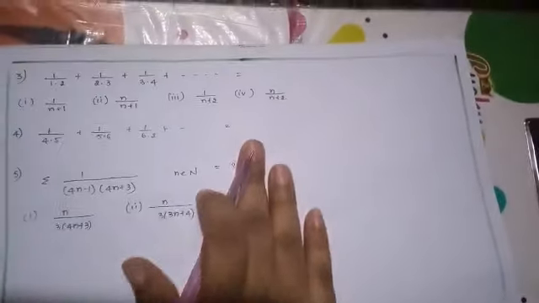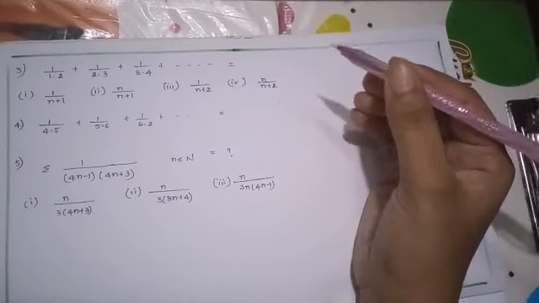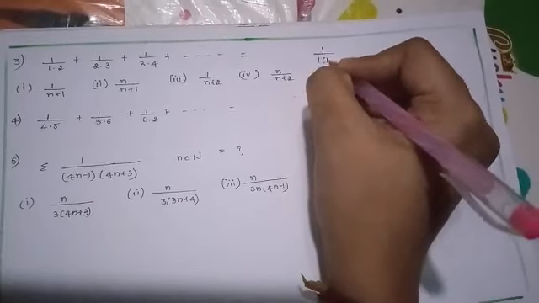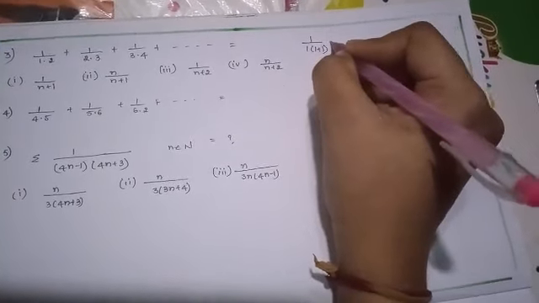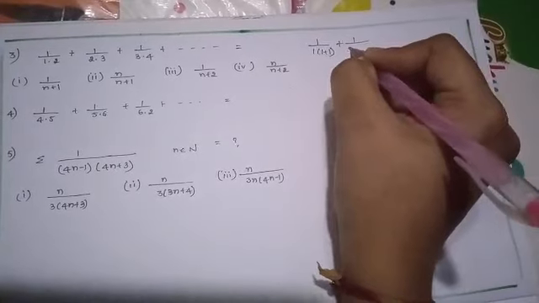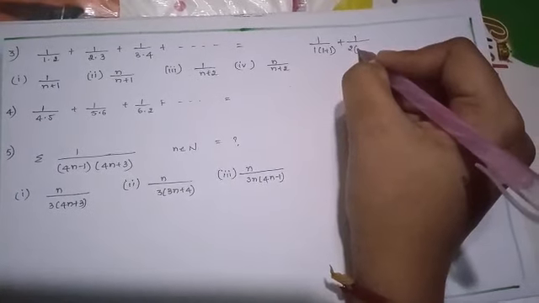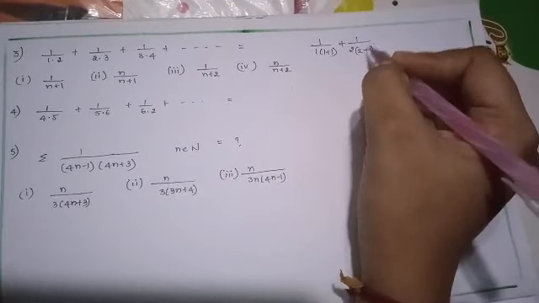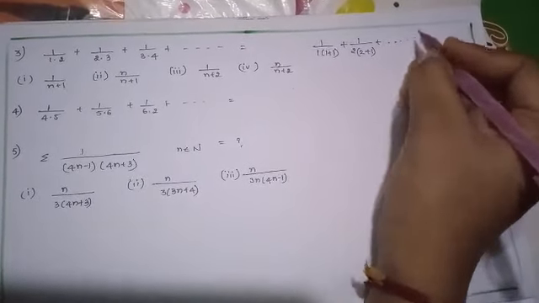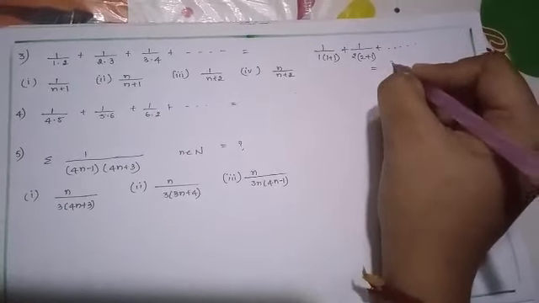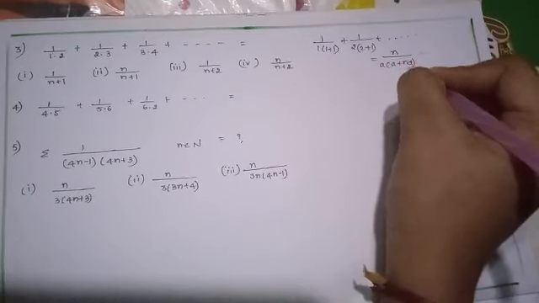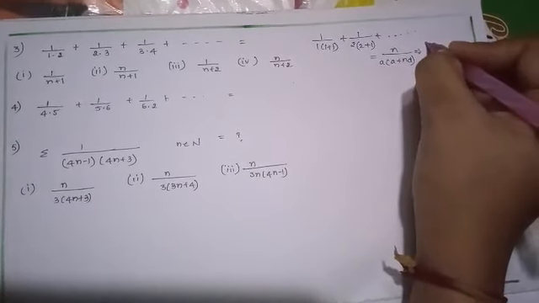So use this formula here. How you are going to use it, that's the important thing. So 1 by 1 of 1 plus 1, plus 1 by 2 of 2 plus 1, and so on. So here n by a of a plus nd, right? So that implies here a equal to 1, right? If you see here